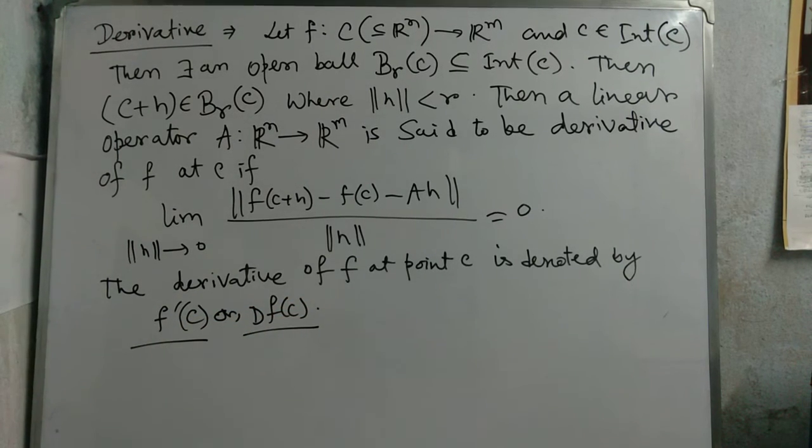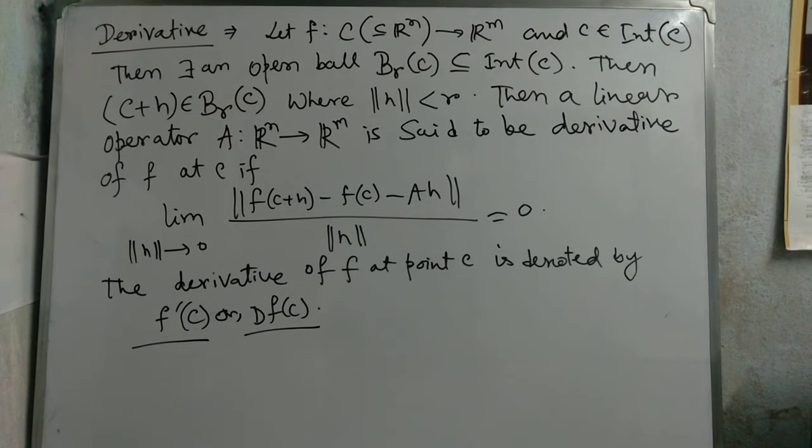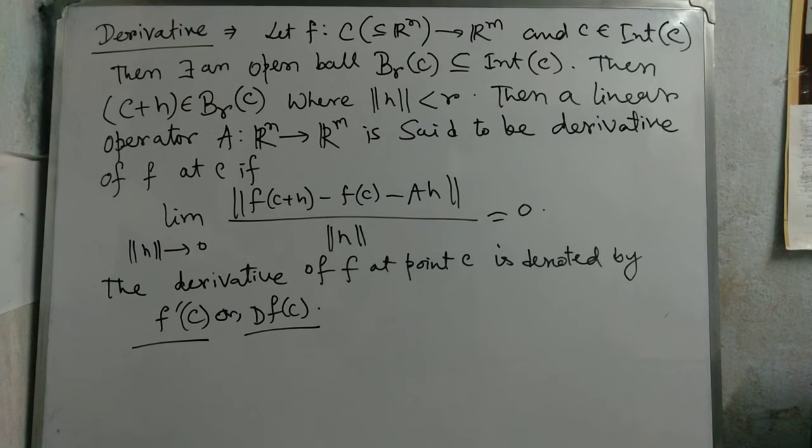Okay, so the derivative of f at c is an operator. We will also discuss later the epsilon delta definition. We erase this and also go to the epsilon delta definition. Okay,